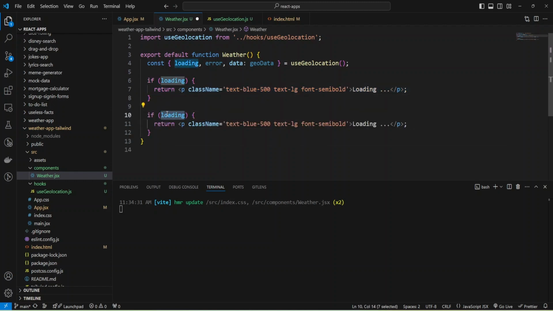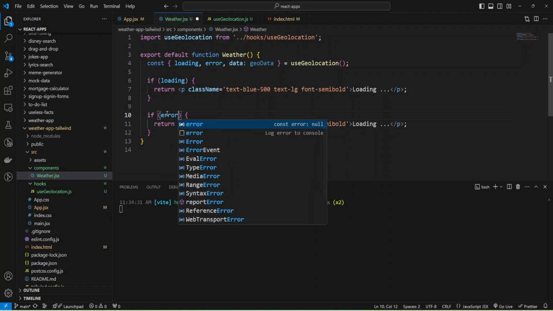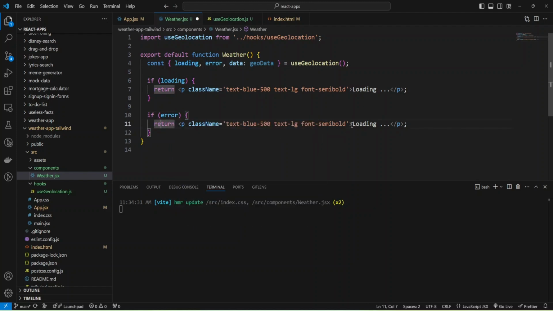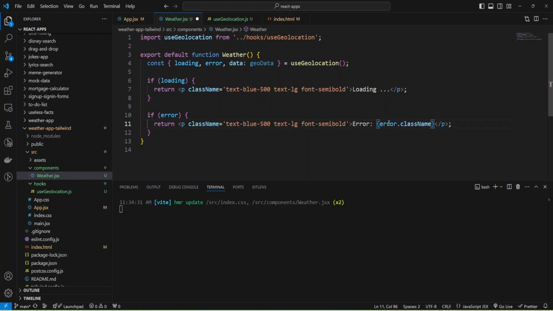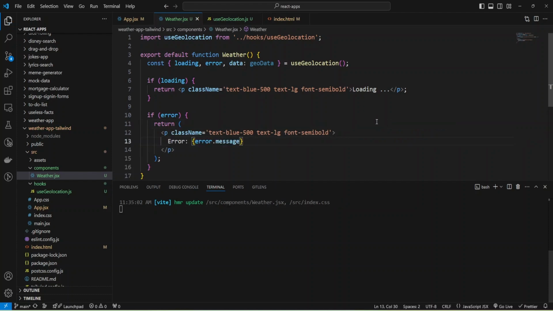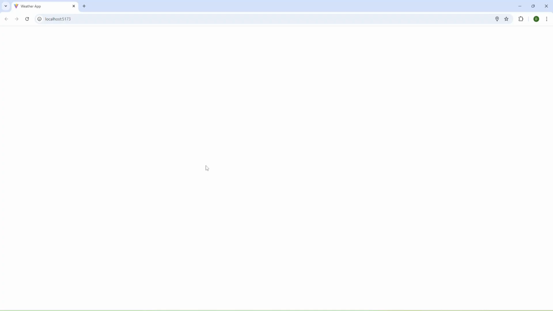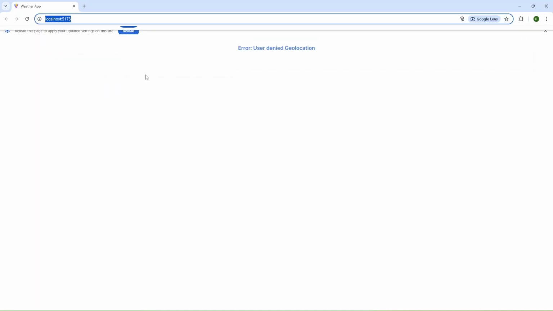And inside the weather component, I'm going to copy this loading check and provide error. Check if we have error, then we can provide an error message, and the message from our error will be error.message. Okay, and let's check what we have now. I'm going to refresh and deny geolocation and reload.